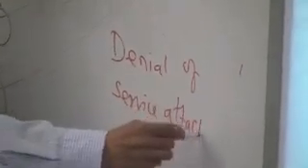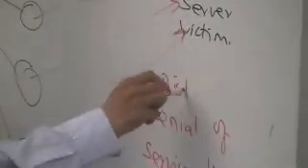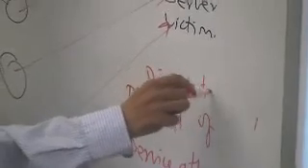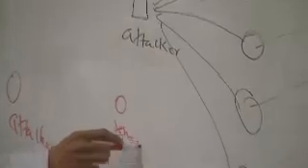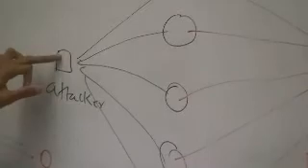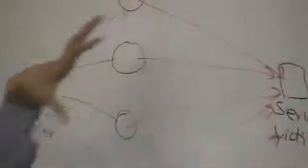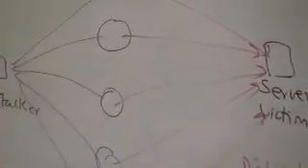Now, this is actually called a distributed denial of service attack. Why? A simple denial of service attack is when a single attacker tries to attack a server by sending multiple TCP connection requests. That's a very traditional denial of service attack. Here, the attacker is still single, but he's trying to attack the server from multiple machines in a distributed fashion